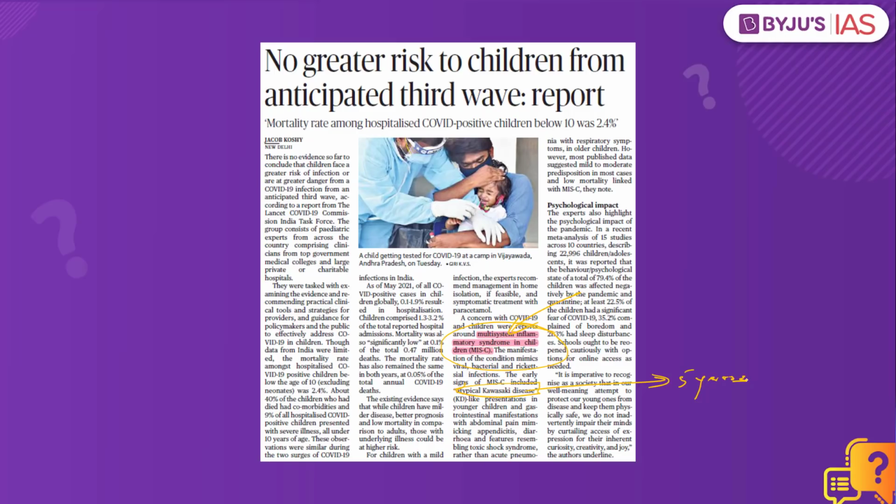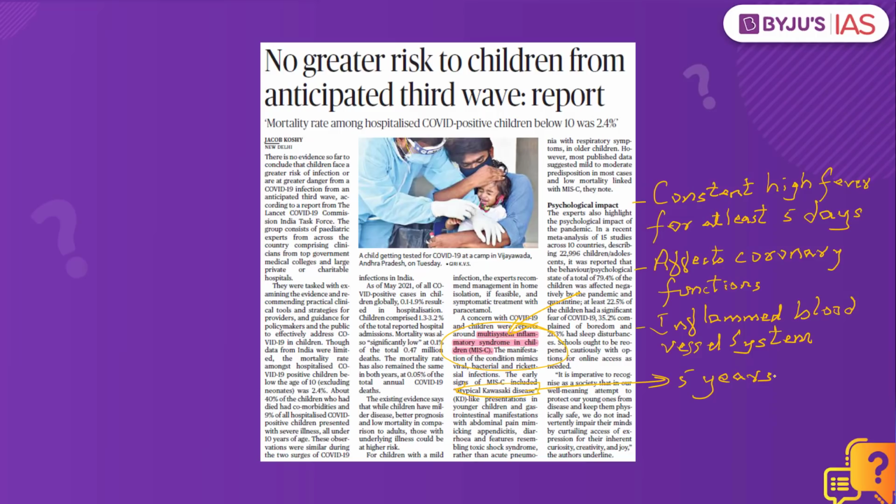So what causes this Kawasaki disease is yet to be deciphered, but what we actually know is that this particular disease is an immunological reaction to the infection or to a particular virus. So kindly remember, it infects the children, and the root cause of it is yet unknown, but it is presumed it is because there is an infection, because there is a virus attack on the children, and the immunological response is what is called as the Kawasaki disease. It is this that we have to understand in reference to this practice question. Now let's look into the next practice question.